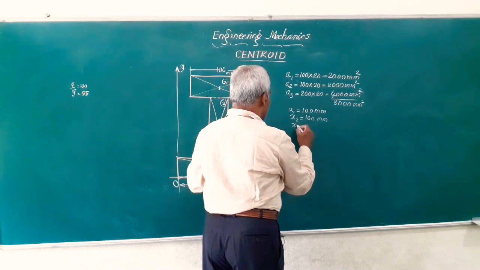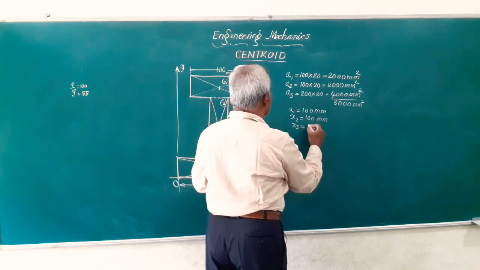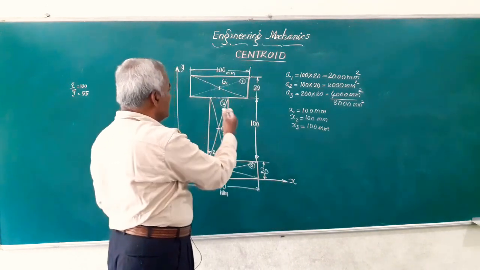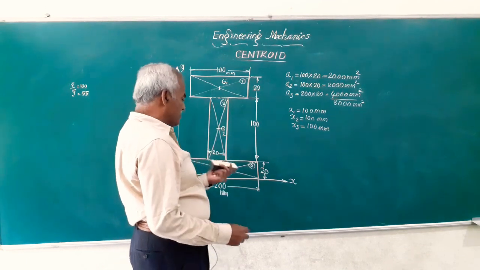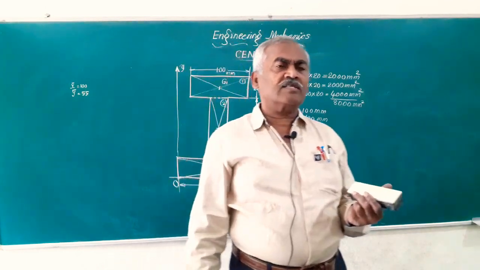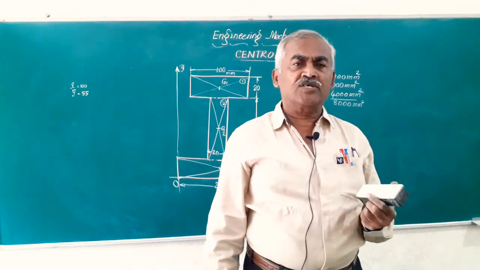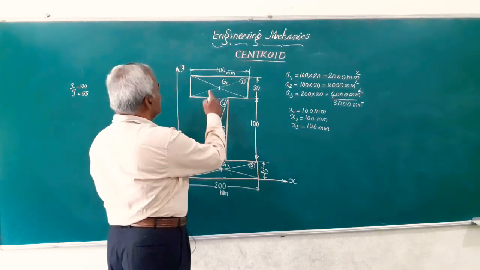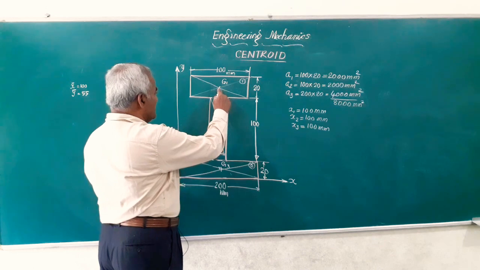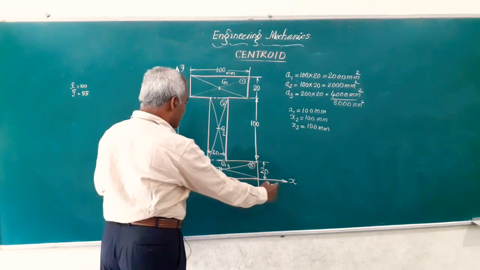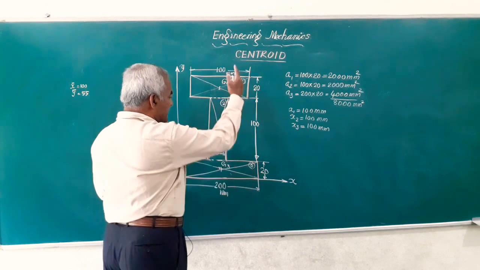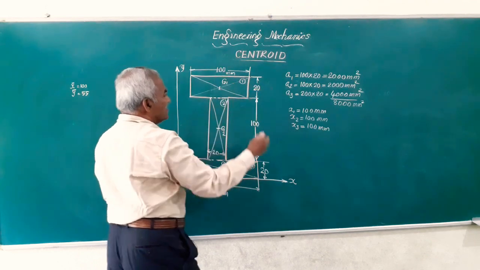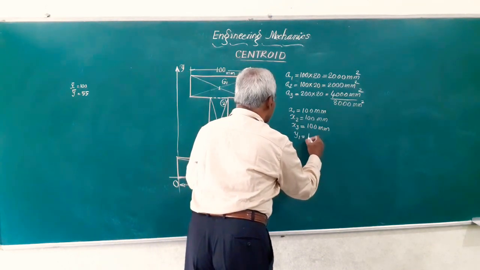So, friends, you can say all these three centroids are equidistant from the y axis. So, x1 value, x2, x3 we have got. Friends, on the same lines, let us find out what are the distances of these centroids G1, G2 and G3 from the x axis. Friends, if you take the first figure, rectangle number 1, this is our y1, means from the base till here. This is totally 20 plus 100 plus 20, 140 minus 10. So, that will give you y1 equal to 130 mm.